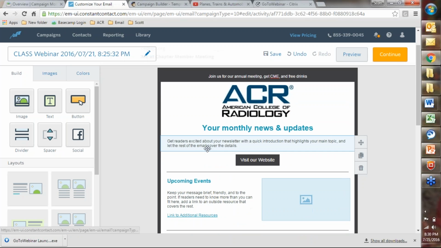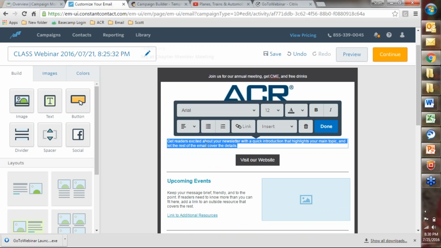And so then you can go in, and it's really just drag and drop here, and you can easily go in and just copy and paste from a Word document and enter in your text here. You can see this WYSIWYG editor up here. It's very, very similar to what you would see in a Word document. You can change text any way that you want to.